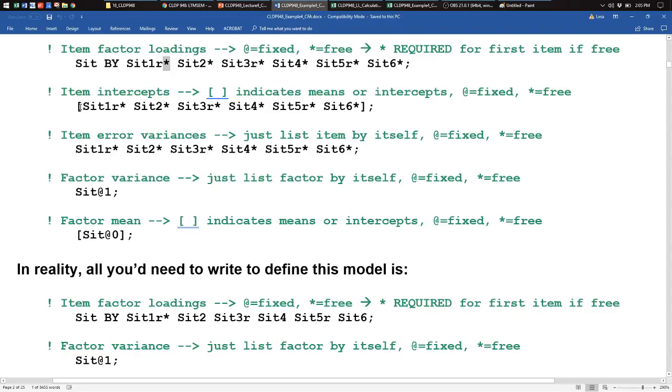When you put the variable names inside brackets, you are referring to their intercepts or means. Those are being estimated as well via the stars. And when you list the items by themselves outside of brackets, you are referring to either their variance or residual variance. So just to review the terminology,